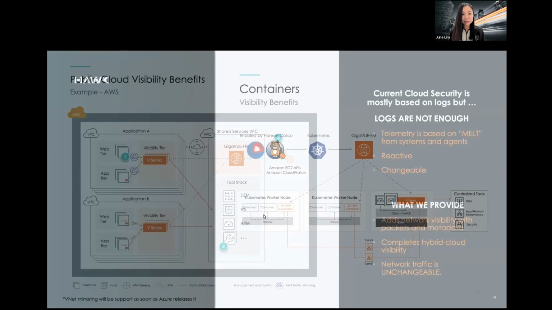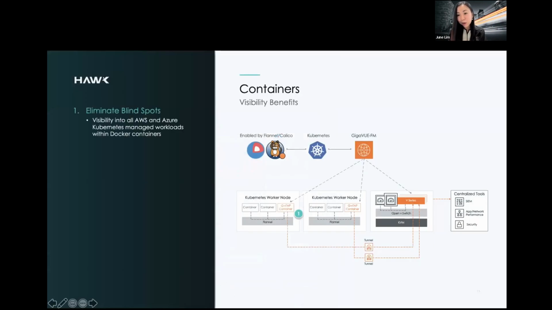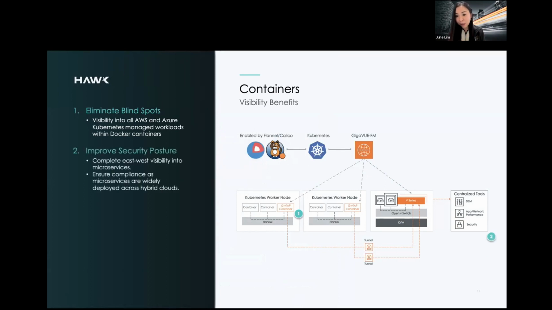Very elastic. Containers as well. A lot of you may be very worried that you have applications sitting on Kubernetes or any other containers. So Gigamon does this very well. You do not need to worry about that anymore. Even containers, we can help you to see into it. So any security solution connected to us will be able to see and read the traffic from that container environment. No problem.